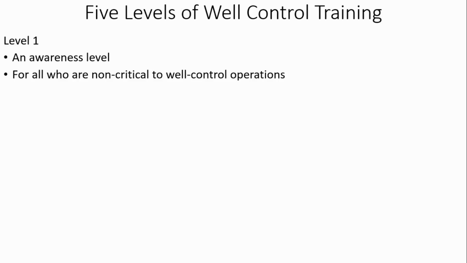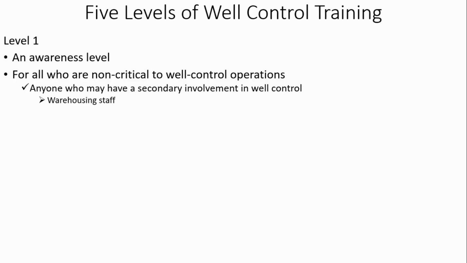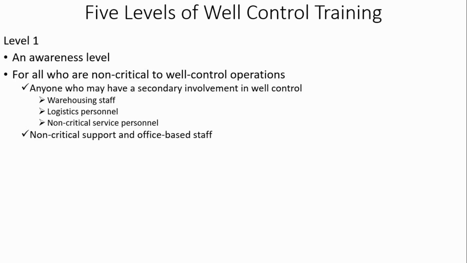So the 5 levels, what are the 5 levels, the new levels? Well, there's level 1. So who is that designed for? Well, it's at an awareness level, and it's designed for all those who are non-critical to well control operations. So it's people on the periphery, who aren't making decisions or anything to do with well control, but they may be anybody who has a secondary involvement in well control, such as warehousing staff responsible for sending out well control equipment on time, logistics personnel, non-critical service personnel, non-critical support and office-based staff,